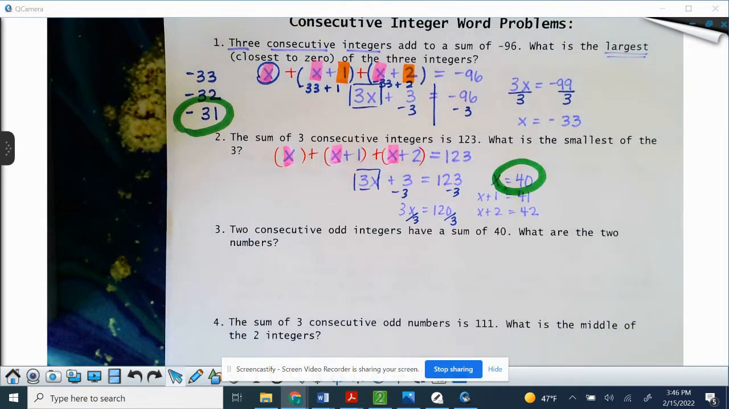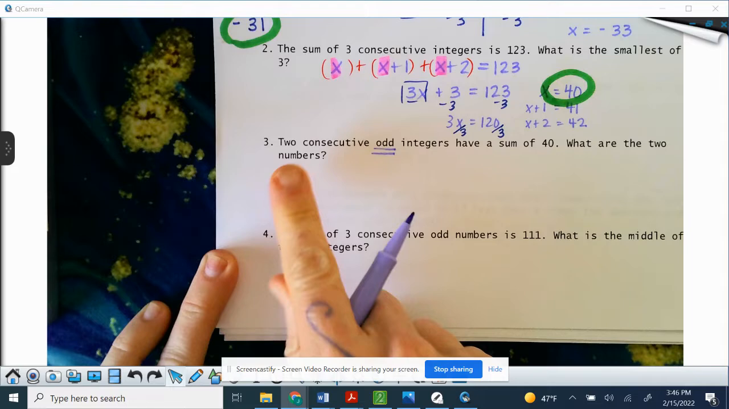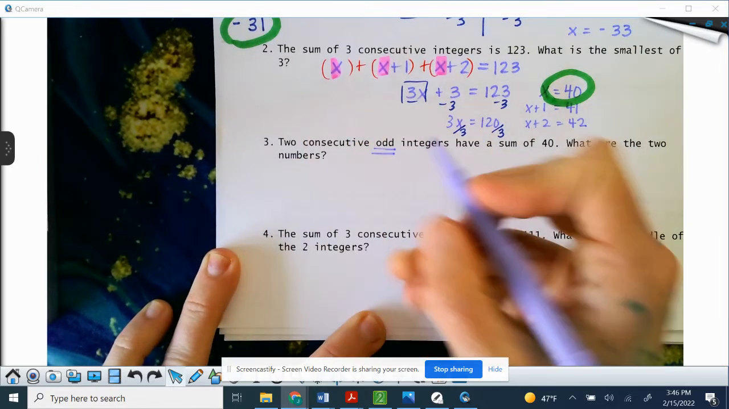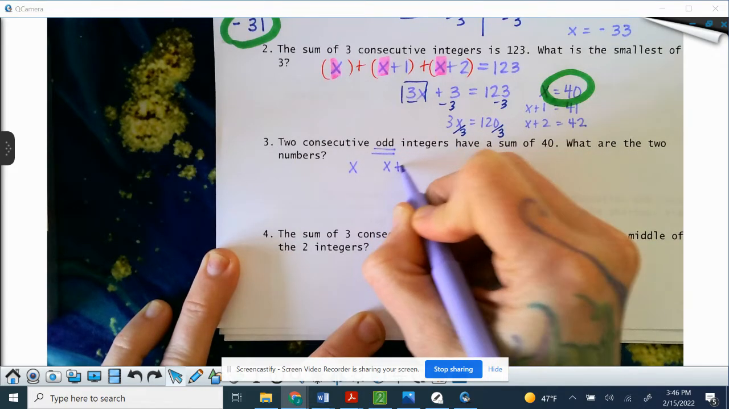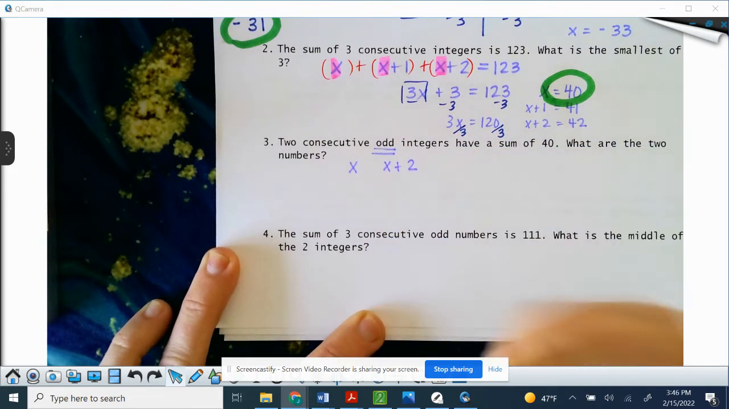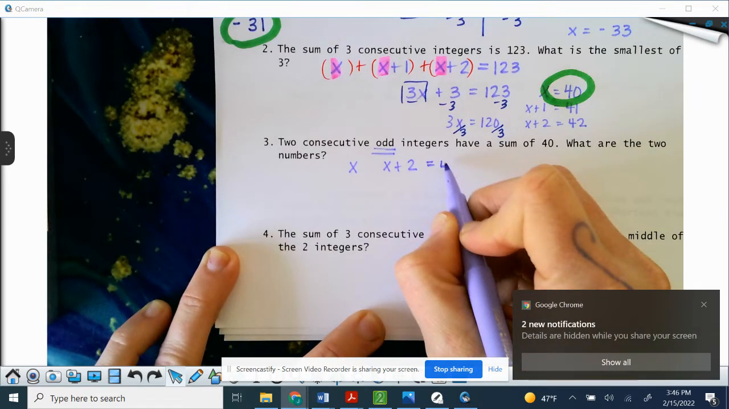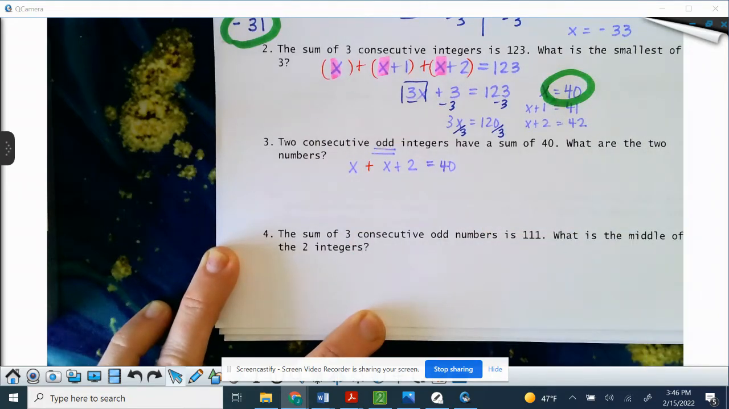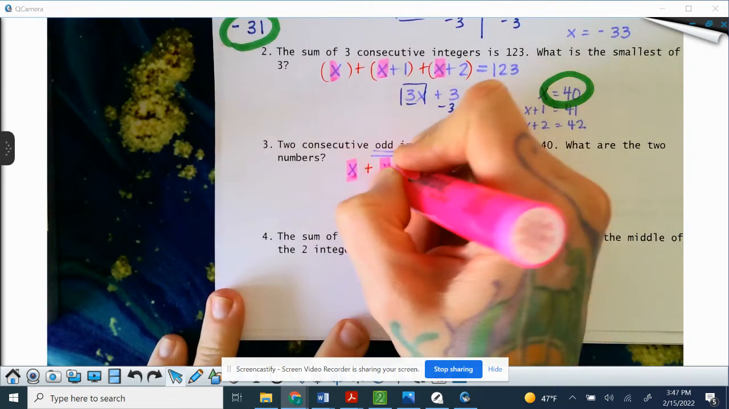All right, last but not least for this video, 2 consecutive, oh boy, odd integers. So we have 2 of them, but it's odd. And that's not x plus 1, x plus 2. That's going to be x, that's the first one, and then x plus 2, because we have to skip that even number in the middle, right? And their sum is going to equal 40. And again, combine your like terms and clean up each side. So x and x is going to give me 2x